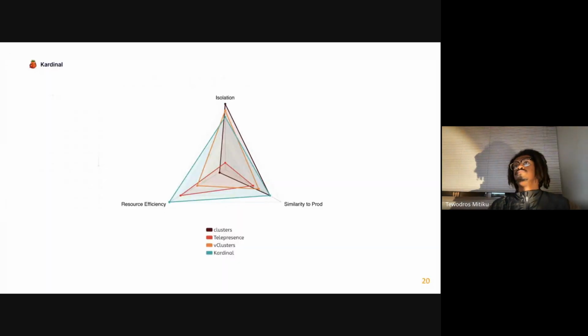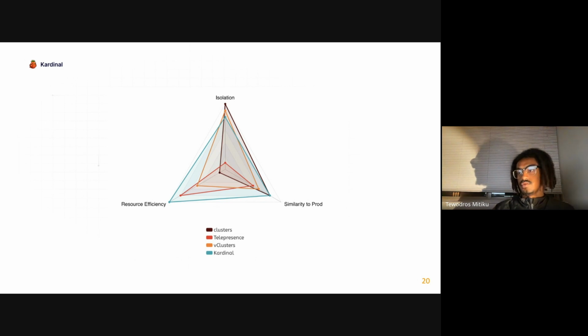Cool. This is just to reference the discussion earlier about the trade-offs that I was talking about when we first initiated this conversation about Cardinal, where we were talking about how there's this implicit trade-off that we're making between the desired isolation of the workflows, the resource efficiency that we're getting, given the approach that we're taking to test our divergent services, and also the similarity to prod.